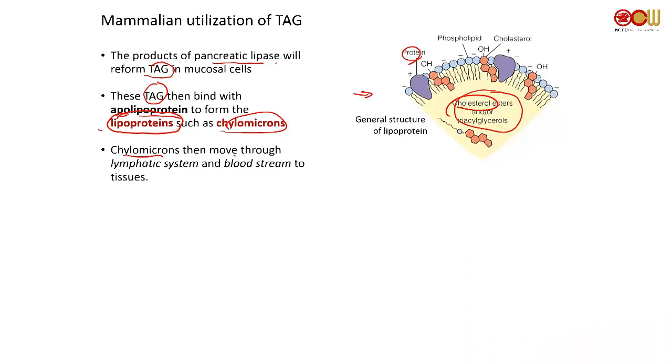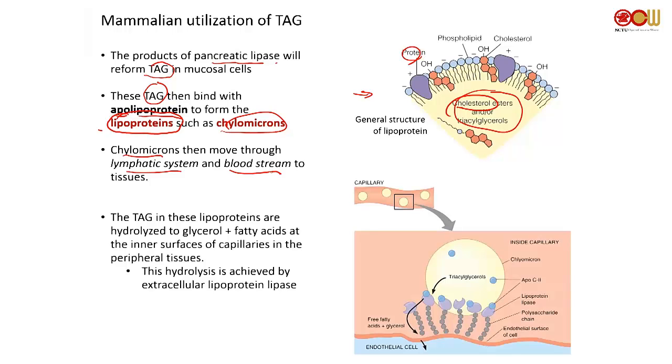So chylomicrons can move through the lymphatic system and the bloodstream. Okay, so they essentially travel through blood. And once it gets to your endothelial cells, or whatever cells that can store this, this is inside the capillary. So this is the bloodstream,